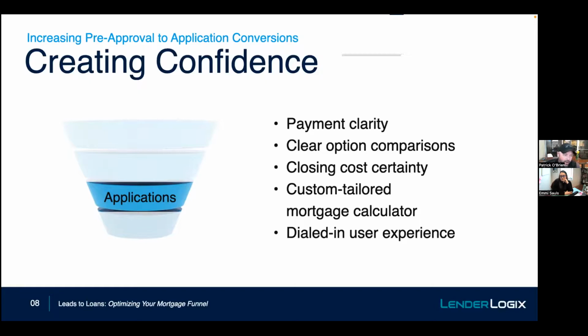You hear a lot about, especially in the market we're coming out of, "Oh, my borrower couldn't find a house. They were priced out of a house." It's like, I guess, but did they know? Did they know exactly what was going to happen if they took that counteroffer, if they increased their offer by $5,000? Did they know, or was it something that you thought they knew, or you expected them to go online and just run some random mortgage calculator and figure that out?